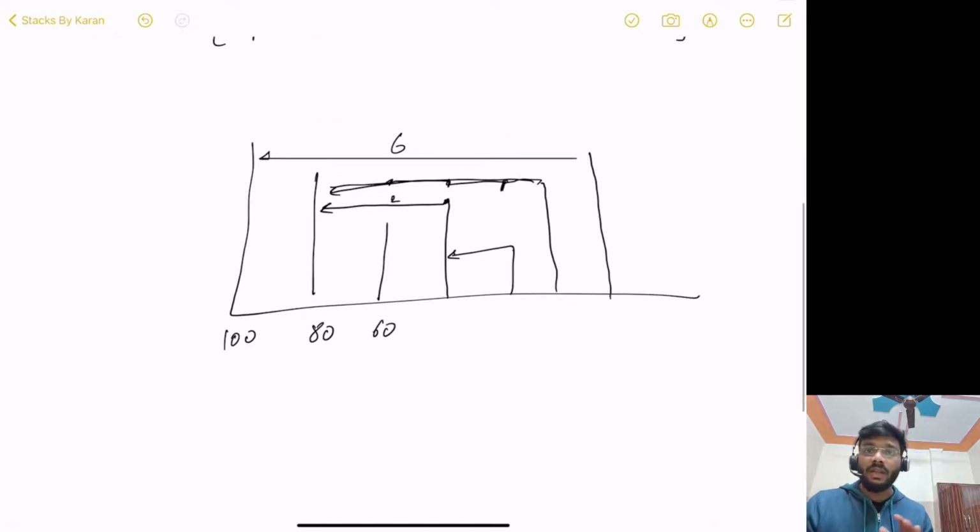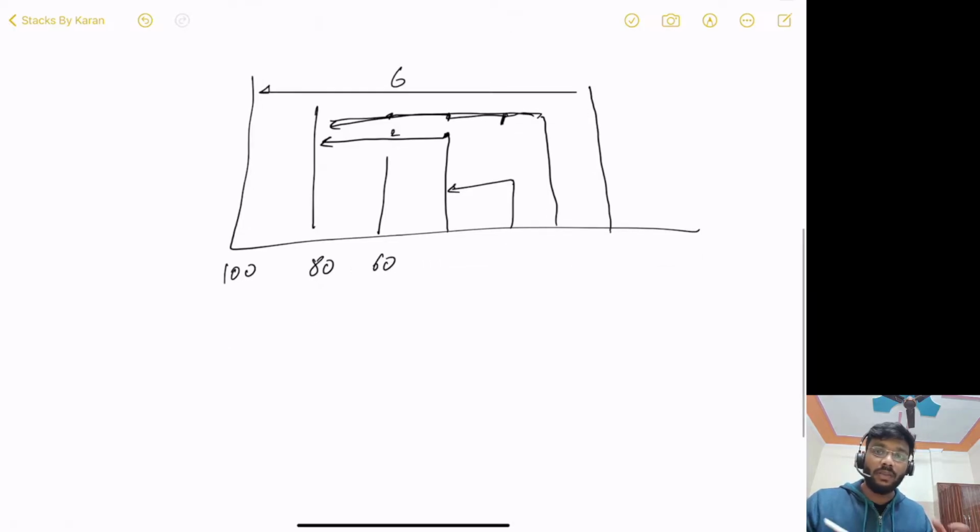Now, let's go into the brute force solution. This is the same as what we have discussed in the problem statement. While discussing the problem statement, we also discussed the brute force. So the brute force solution is, for a current day, I will go back in the past till the time I find a value greater than the current day. What it means is,